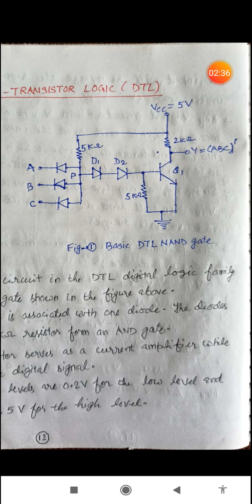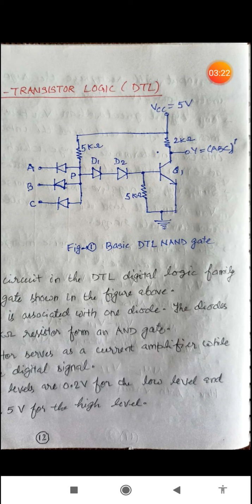Now, in order for the transistor to start conducting, the voltage at point P must be at least as high as the VBE drop in transistor Q1 plus 2 diode drops across diodes D1 and D2. That is 3 drops, with minimum voltage required of 0.6 each. So 3 into 0.6 is equal to 1.8 volt. So the minimum voltage required is 1.8 volt. Since the voltage at point P is maintained at 0.9 volt only by the input conducting diode, the transistor Q1 is cut off with no drop across the 2 kilo ohm resistor, and the output voltage is high at 5 volt.